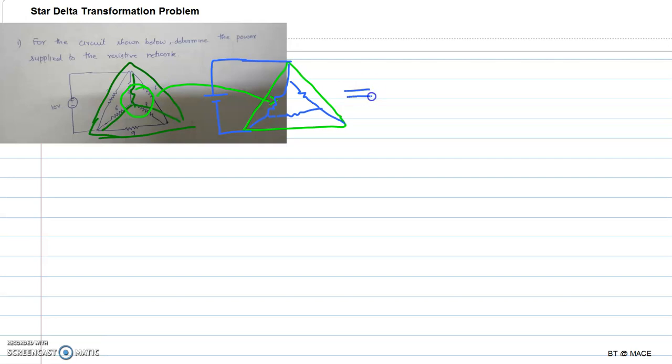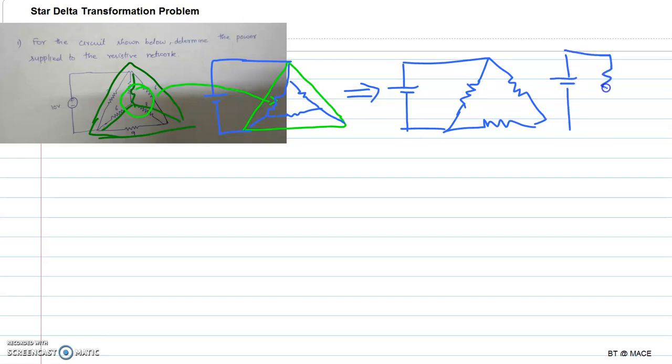So we can do like this, and the next step will be you will be having two resistances in parallel, again two resistances in parallel, again other two resistances in parallel, converted to single resistances. So we can make it like this, and later it is two resistances in series and that in parallel with the existing resistor, and then we can find out the equivalent resistance. So these are the complete steps of how we are going to proceed with this particular problem. Our first and foremost thing is converting the inner star network